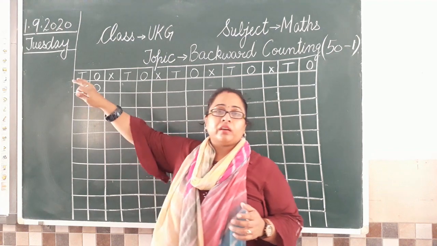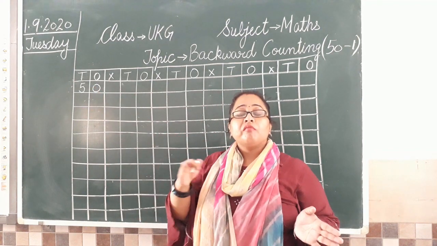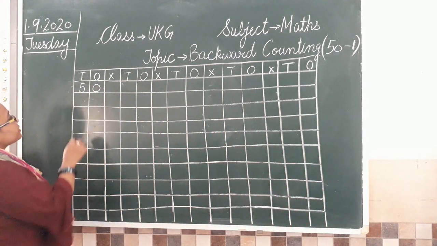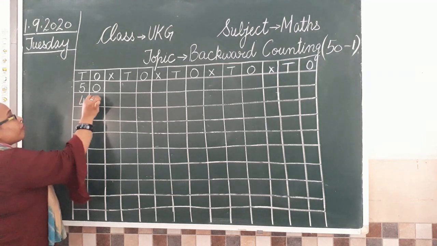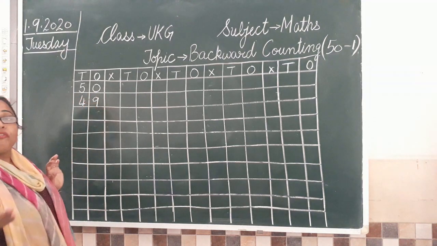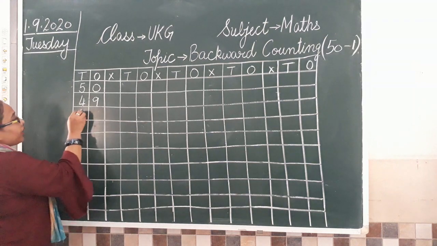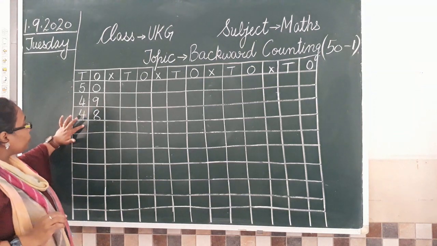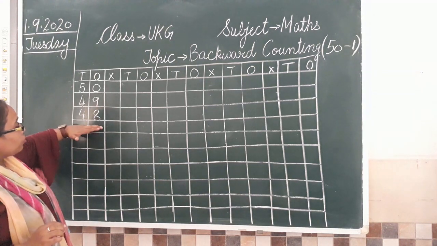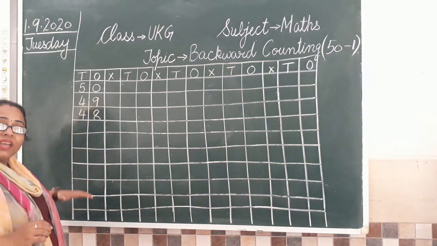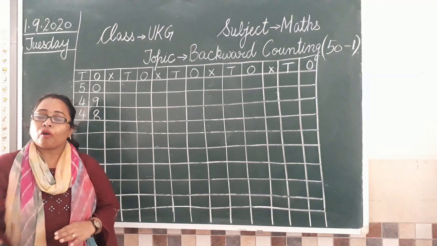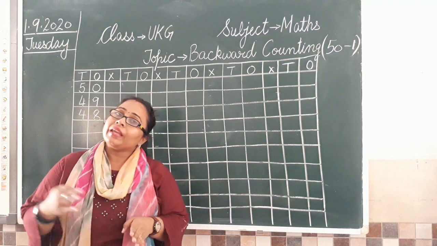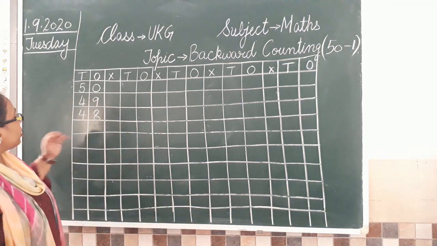So we have written 50 here. So what comes before 50? 50 से पहले क्या आता है? That comes 49. Yes. So what we'll do? I'll write 49. Now what comes before 49? 48. तो इस तरह से when you will write the counting like this, you only have to write the previous number. जो number लिखा है उसका previous, फिर उसका previous. आपको ऐसे what comes before वाला concept follow करते हुए you can write your backward counting or your reverse counting very easily. Is that clear to all? So let us resume with this.